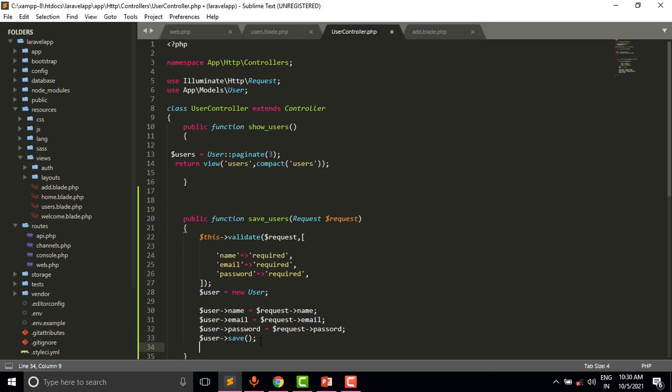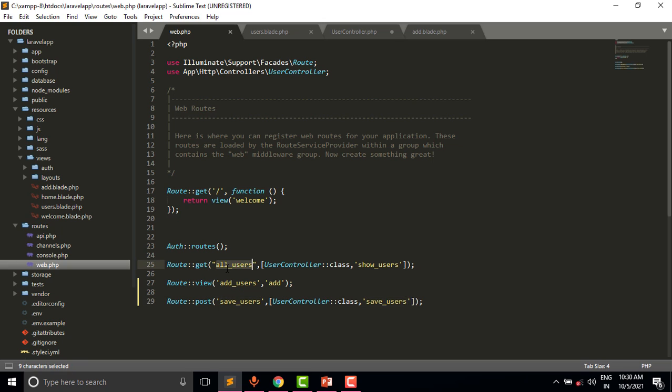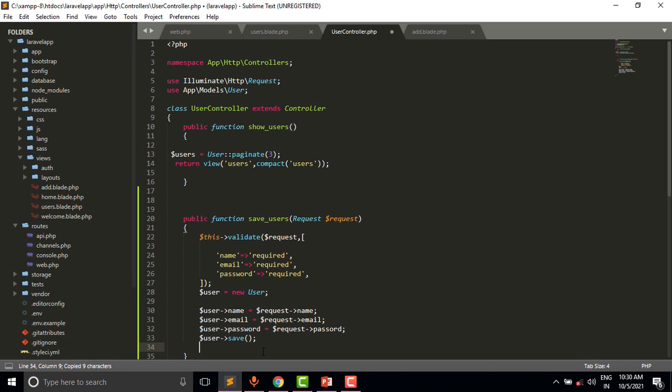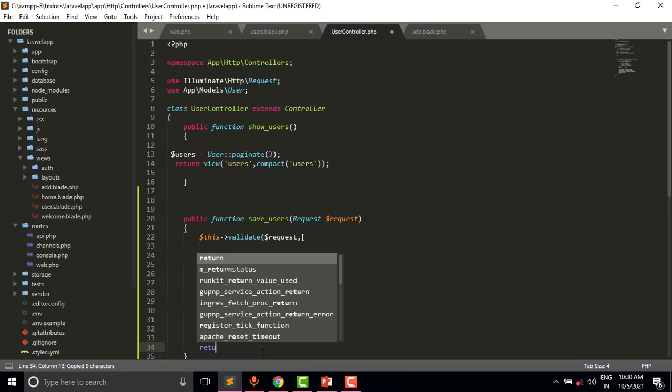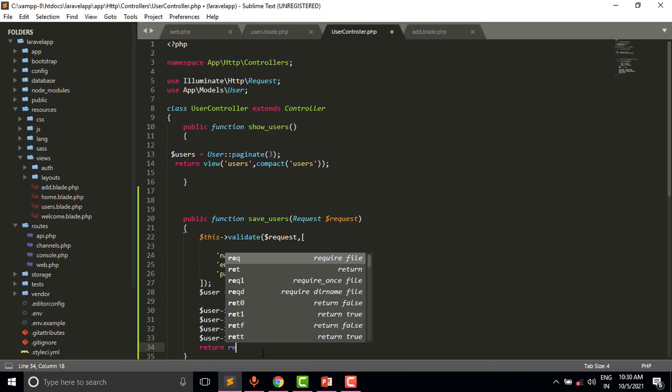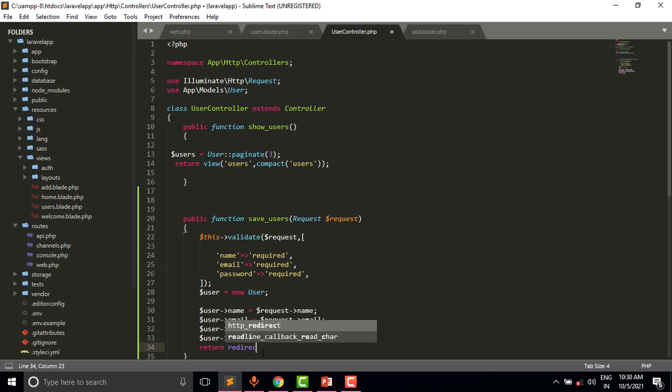After saving, we will redirect users to the users page, the all users. Redirect all users. So for the password, we will use the Laravel hash function, which Laravel provides by default.